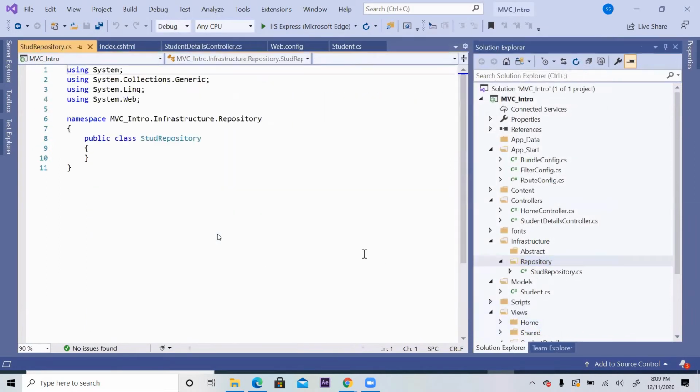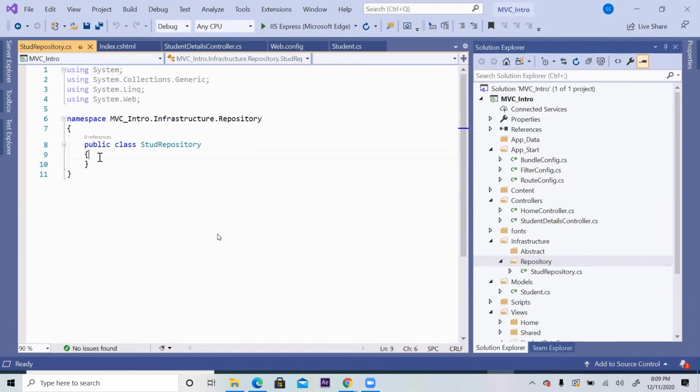It depends. Suppose you are thinking of only one repository class, you can simply name the folder student repository, and inside the class you can use some other name like simply repository, or you can say student, but don't write the same name as the folder name. So the repository layer has a class file called student repository.